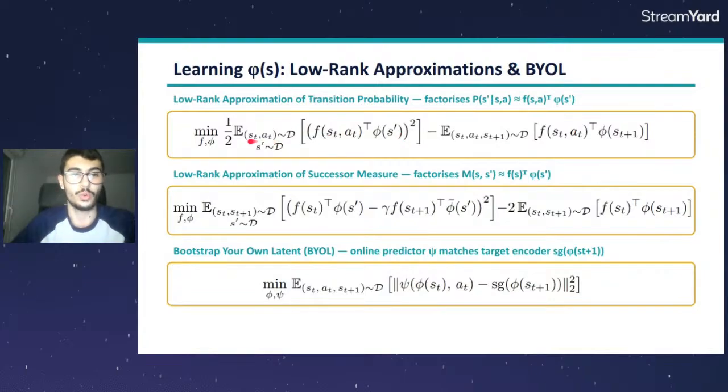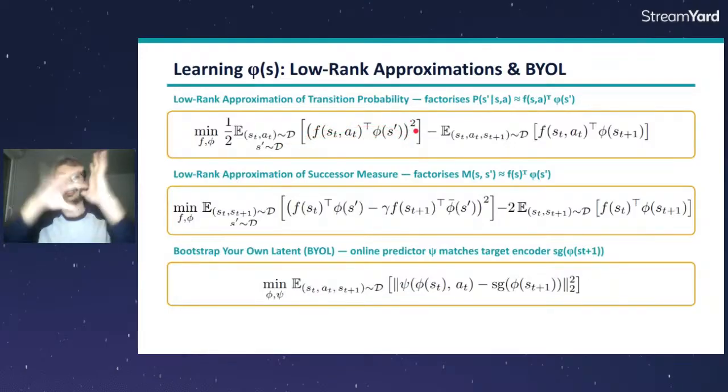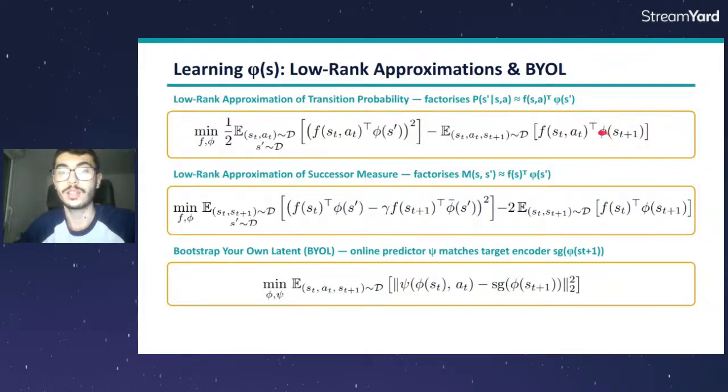What we do is that we sample st, at from the dataset and we sample another state from the dataset. If that state is not related to st, at, we want to minimize the cosine similarity because it's a whole different state. Otherwise, if S prime is equal to st plus 1, so it's in the same transition, the goal is to maximize the cosine similarity. By doing this, phi of S is going to encode as rich information as possible.